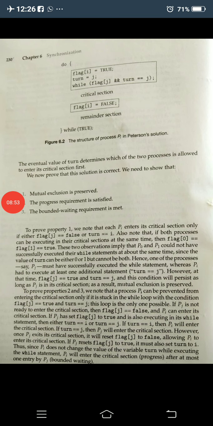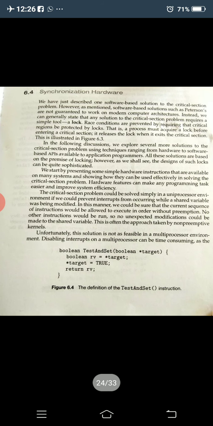But we have already got a solution here, so what is the disadvantage of this one? It is applicable only for two processes here, Pi and Pj. But we will be having many processes to be considered for progress, is it not? Progress is such a criterion where many processes will be competing for the critical section entrance. So many processes will be there. For that we will be going for the next.